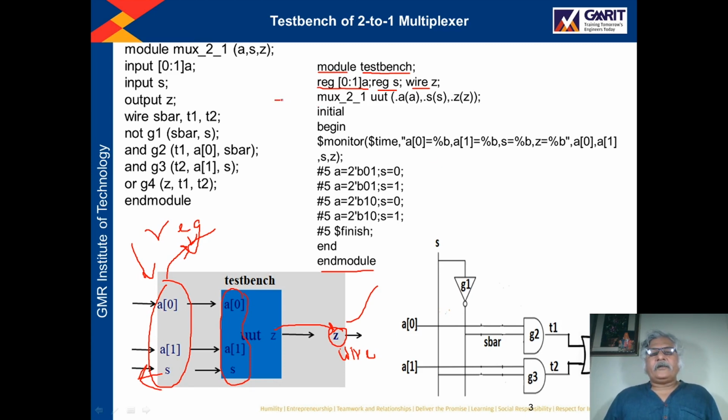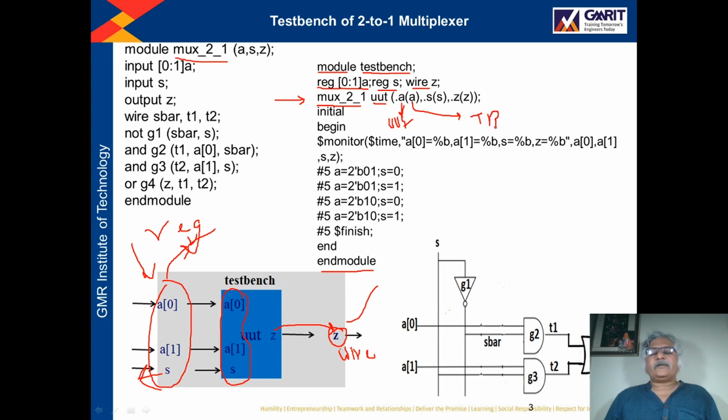Then this is the instantiation statement of the unit under test. For the name of the unit under test, you write first mux underscore 2 underscore 1, this name. Then UUT, unit under test, and within brackets, here we are doing the instantiation. This is the port of UUT, and inside the brackets whatever you have written is for the test bench.